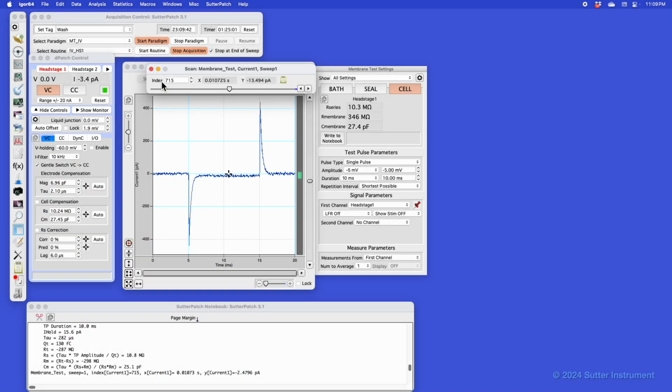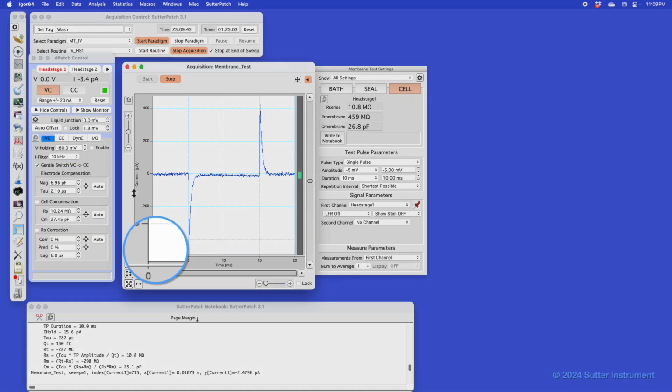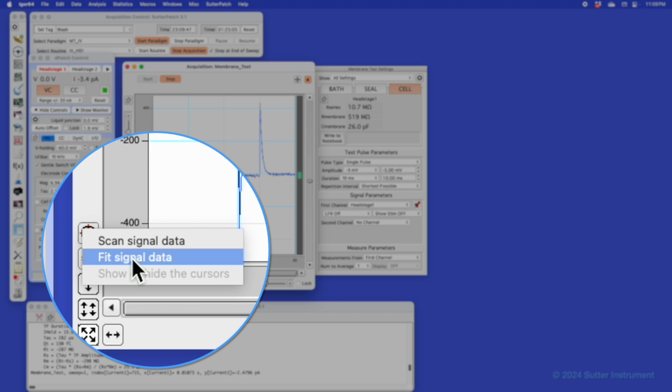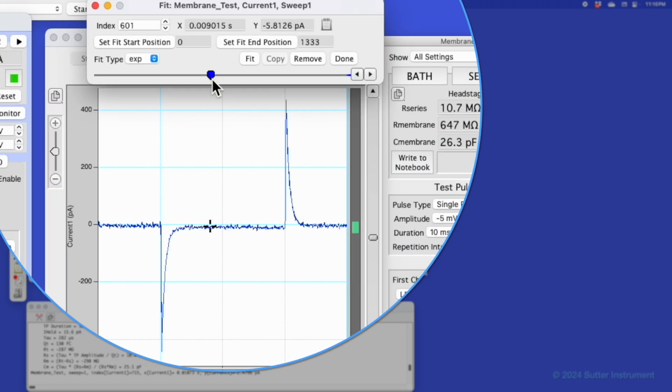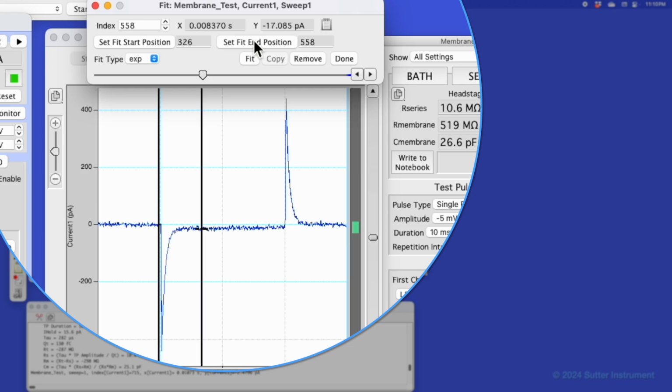In addition to the scanner, we also have what we call the fitter. It looks very similar to our scanner. So first we start off by putting in our starting point. Let's see, we're going to go right over here and make that our set fit starting point. Then we're going to drag and add another point. Let's go somewhere around over there and set that. So now that's our window where we're actually going to be doing our fit.